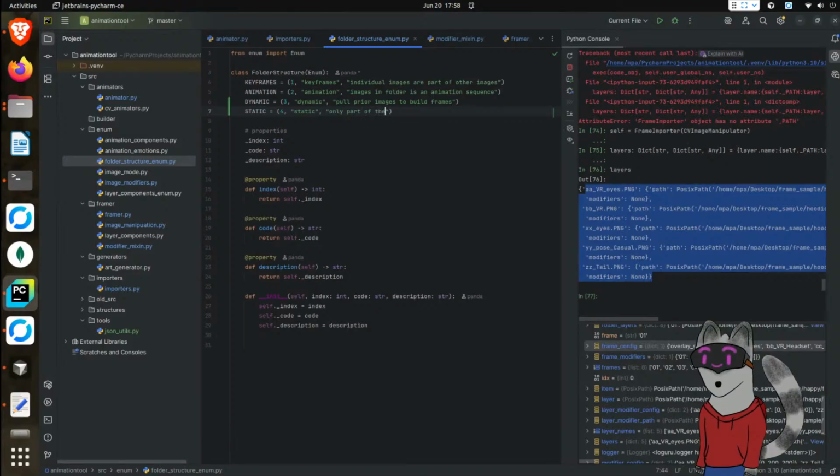Only part of the frame. Only part of the frame. Or only part of this frame. Only part of the frame it is found in. There we go. So yeah, we have static, we have dynamic, and then